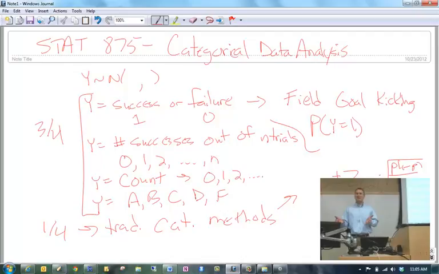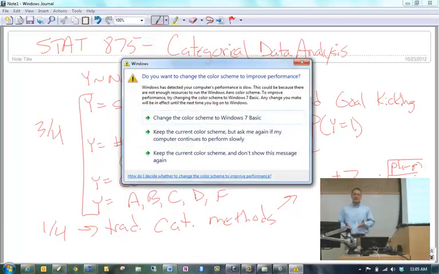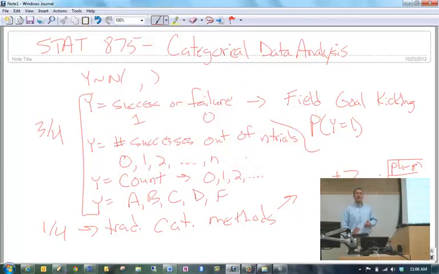Or you don't care? If it does look familiar, nod your head up and down. Okay, thank you. You probably learned that interval. Well, unless you have it for Stat 801, you know that this interval is bad. It doesn't work very well, despite you being taught that in your first stat course. So we'll look at why it is bad, and we'll look at ways that are much better to construct a